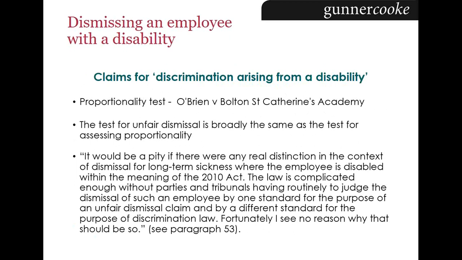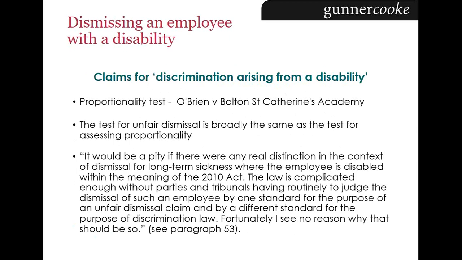So in this situation where you have got an ill health dismissal and the employee is disabled, the onus will be on the employer to show that the dismissal was a proportionate means of achieving a legitimate aim. Now, it's likely to be a legitimate aim to have an employee in the job who can perform the role, etc. So the legitimate aim side of the test is likely to be easy to satisfy, and it comes down to proportionality,